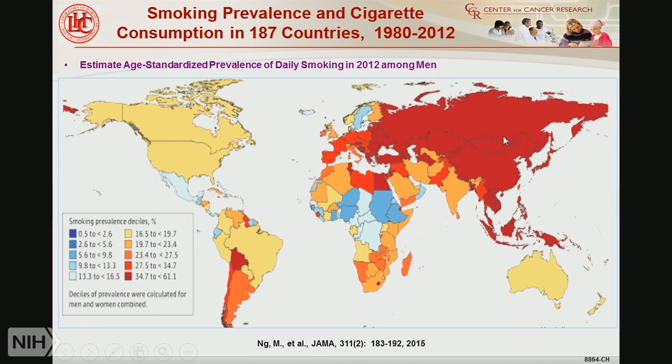We used to be like this in China, where I was less than a week ago. I'm still jet lagged, in which 35 to 60% of the people smoke. We used to look like this. This is how Asia looks today. And so you can imagine the increase in lung cancer and smoking-related diseases that are going to occur in these populations.